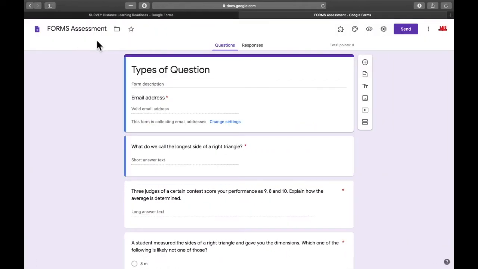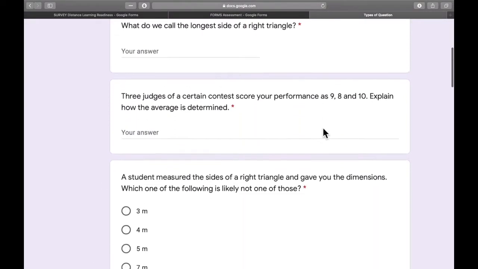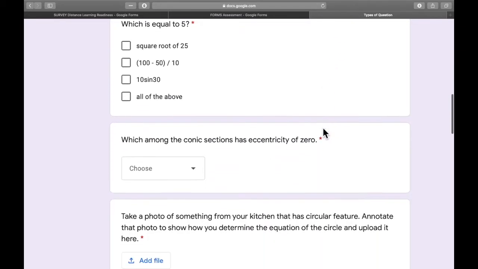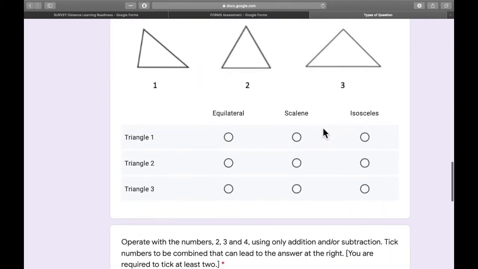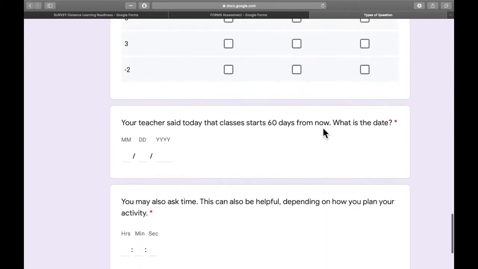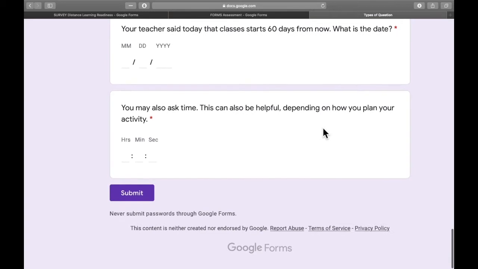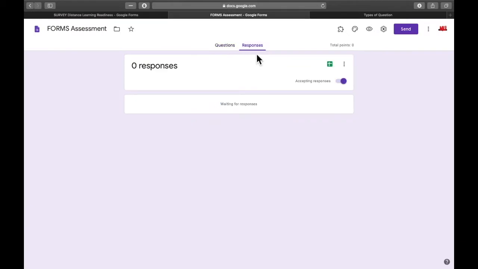This is one of the forms I use in the webinar, and this is the one students see. Scrolling down here, the form offers a variety of types or ways on how we can formulate our questions. Alright, you see each item here uses a different type of question. The information from the form will be delivered to us only after our students click the submit button. We can see responses here, but we don't have one yet as this wasn't answered yet when I was doing